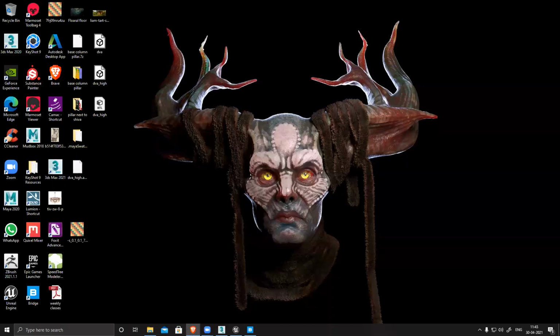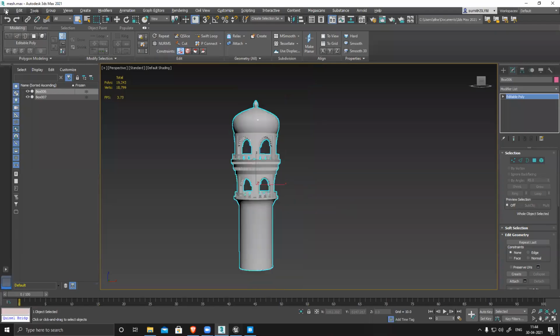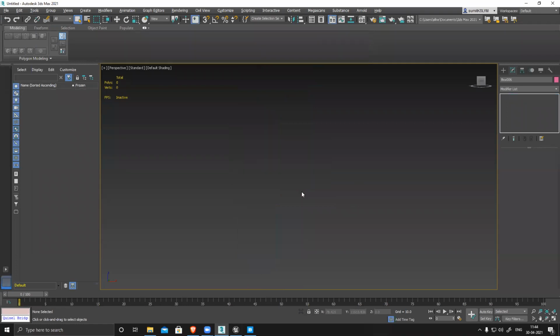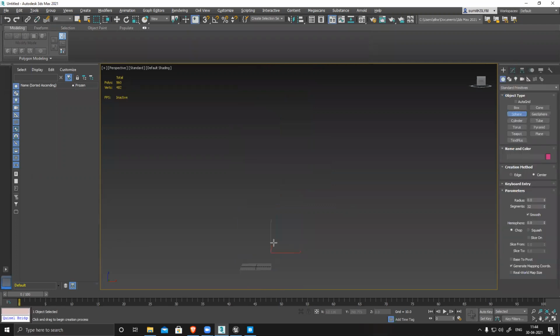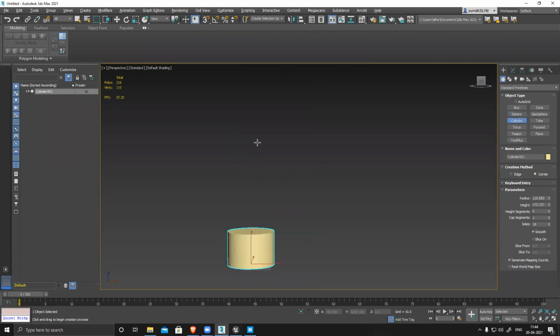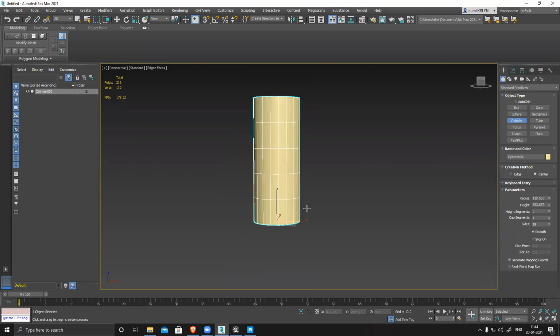Okay, for a trim sheet, let's explain this with a simple prop. Suppose this is my one wall or something, and each and every individual section has different textures.